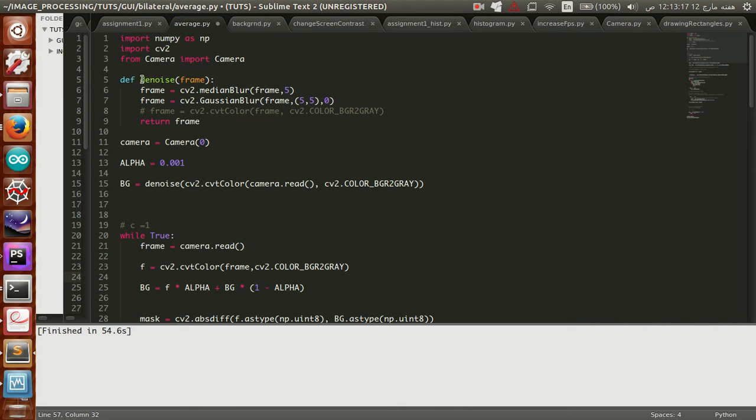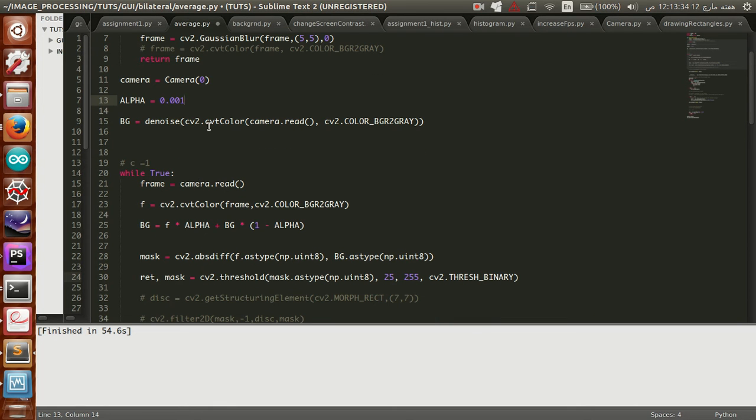First I have declared a function called denoise, and what we do is we pass it a frame and it applies two filters on it. The first one is the median blur filter and the second one is the Gaussian blur, and it returns the frame. Okay, so then I've instantiated a camera object, and I have a global variable called alpha,